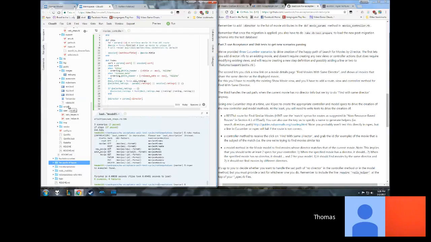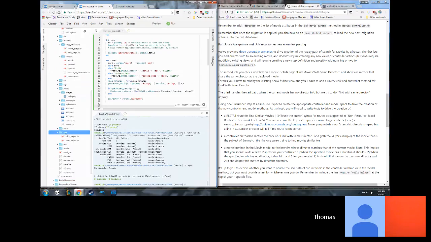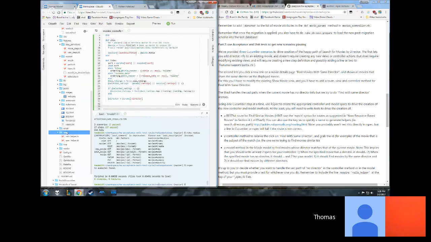Okay. So I guess we can just call the file whatever. So where's our spec? Here. In the spec directory, make a new file, and call it